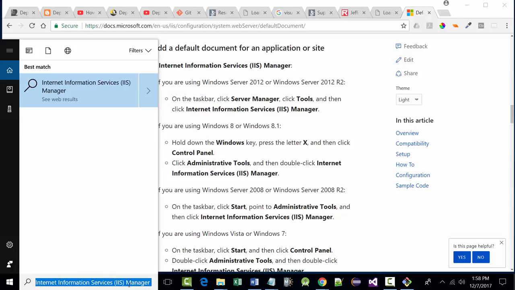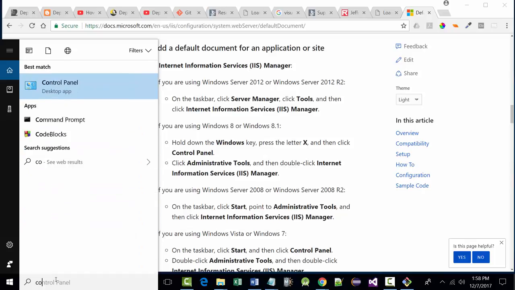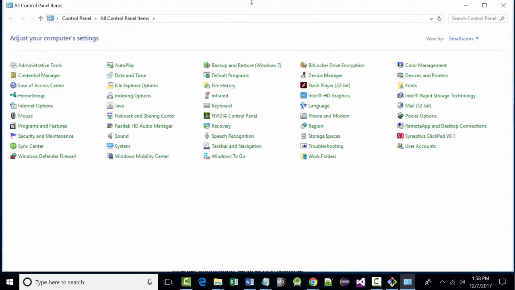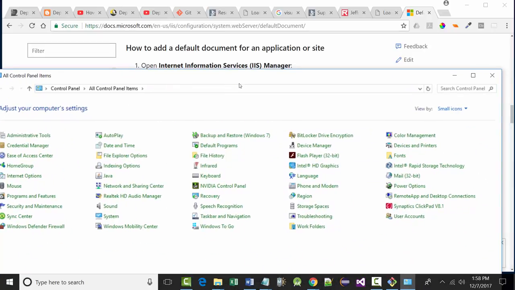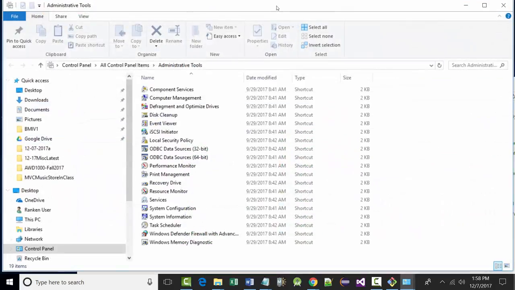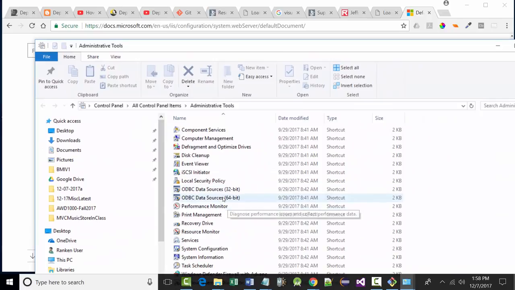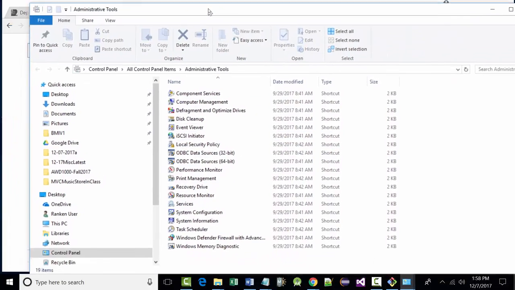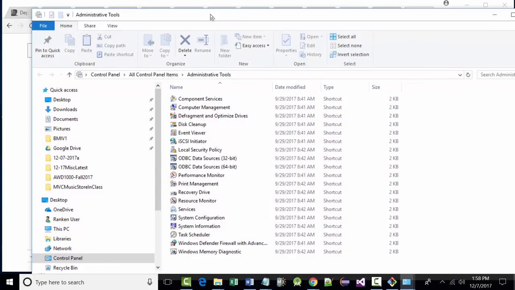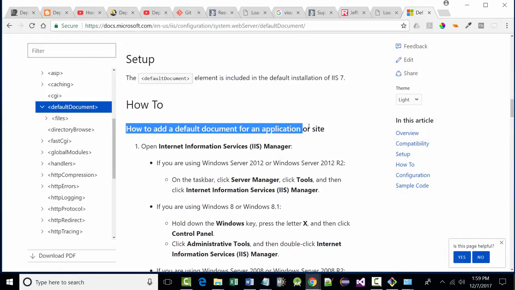Alright, so click administrative tools. And then double click IIS Manager, which of course it doesn't look like I have. I found